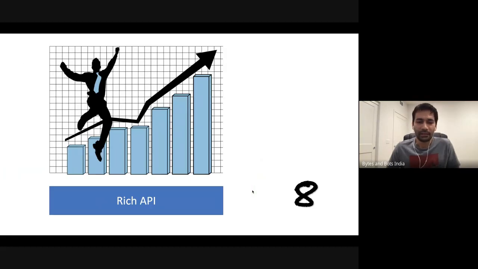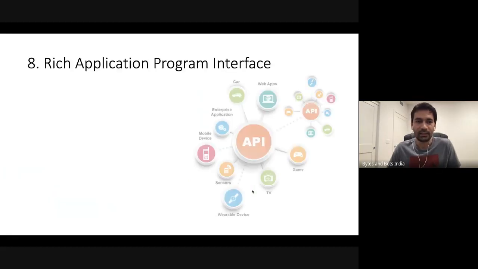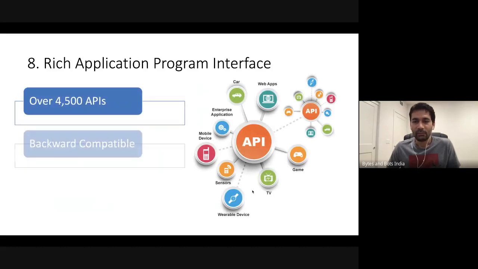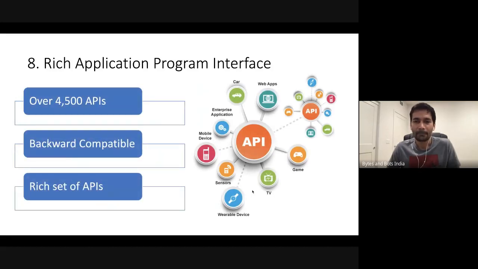Point number 8, rich API. API is application program interface. So why do we need APIs? Let's say you want to write a program to control your refrigerator. For that, you don't want to open every part of the refrigerator and hack into it. That's not programming really.